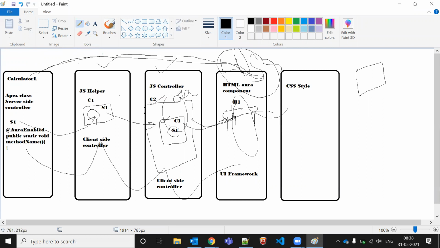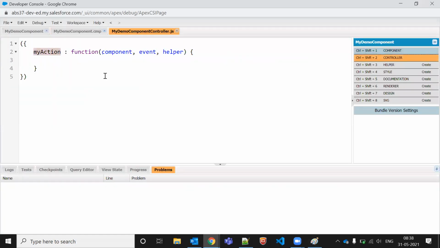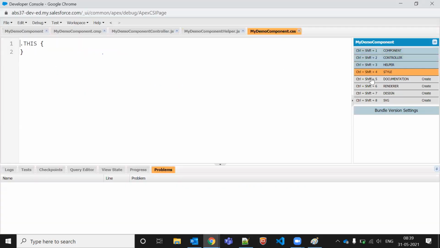Now I don't need to create this one and this one. They will also be automatically created on the right side. So the controller is this one, the method is automatically created. The helper is also already automatically created. So this is my style. Whatever styles I created here, apart from this you don't need to take care of all these things. There are very rare chances that we will use all of them, but these four are very important, for your UI designing purpose and all. So this is my component.